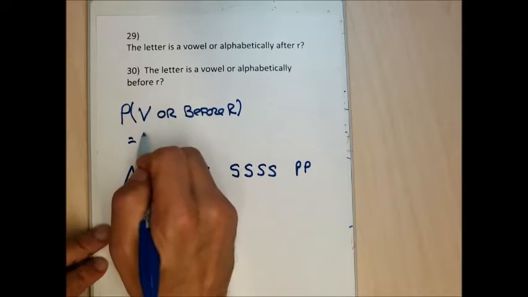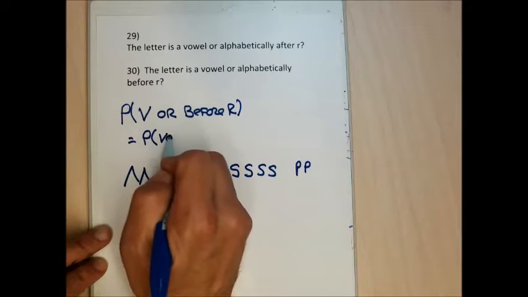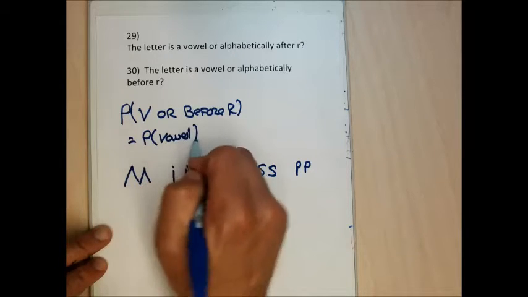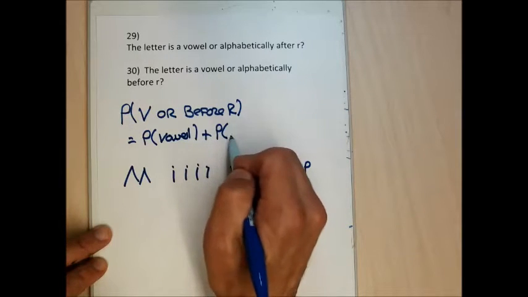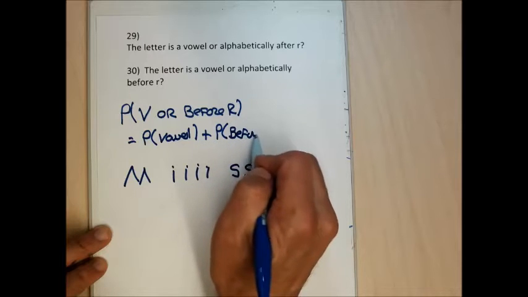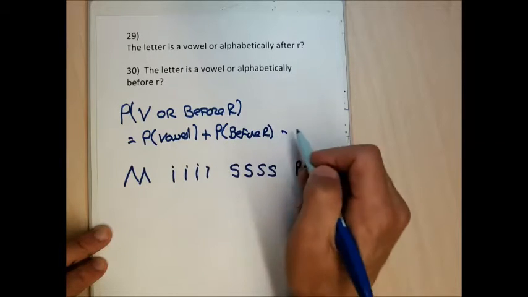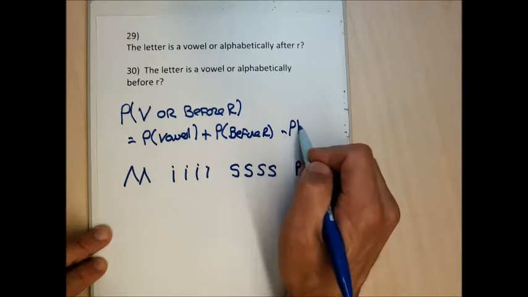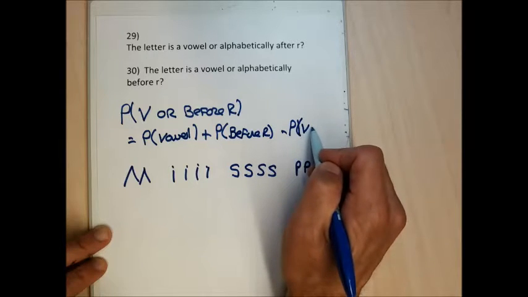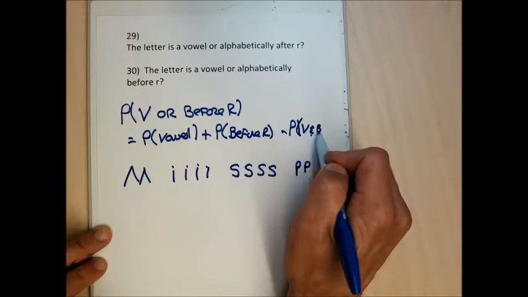That's the same as the probability of getting a vowel plus the probability of getting a letter before R alphabetically less the probability of getting a vowel and before